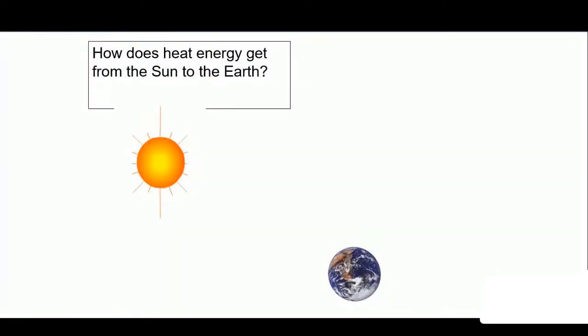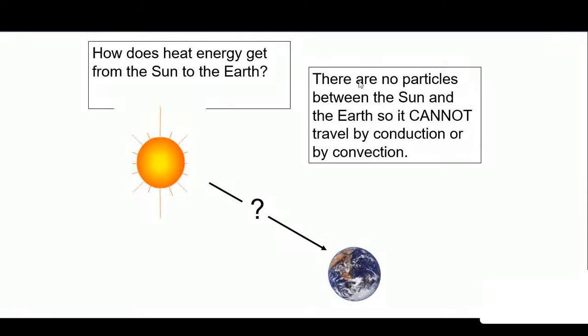Then the third mode of heat transfer, that is radiation. How does the heat energy from the sun reach the earth? Simply we know that there are no particles in between sun and earth, and that's why it is not traveling because of conduction or convection. Then why is it traveling? It is traveling because of electromagnetic radiations, and a particular bandwidth of electromagnetic radiation is called thermal radiation, and these thermal radiations are responsible for the heat transfer. We are going to discuss a very detailed analysis of the radiations in unit number 5.